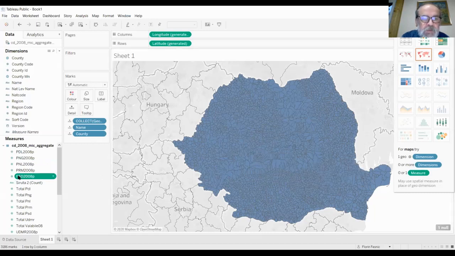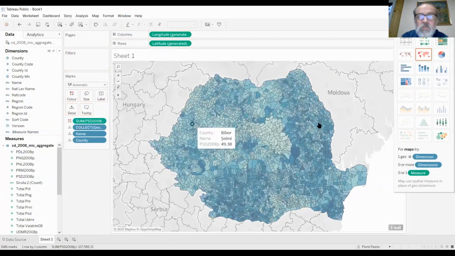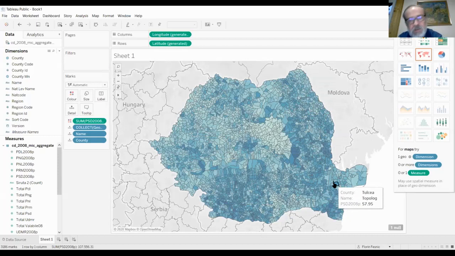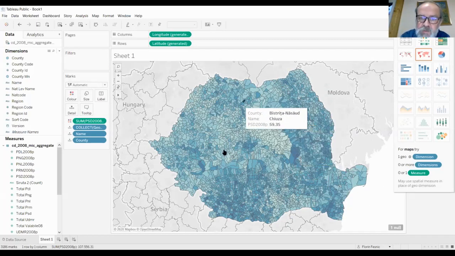So if we choose PSD and put it here as color, then Tableau will color the map in lighter or darker tones, depending on how good or how bad the results of PSD were.